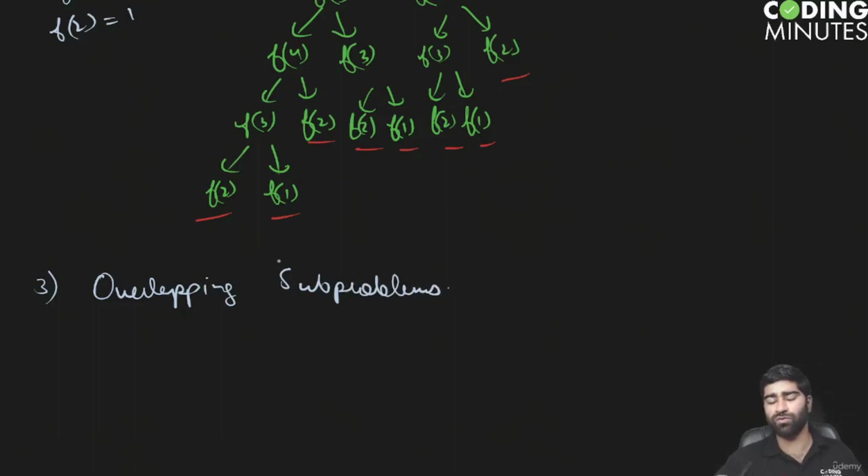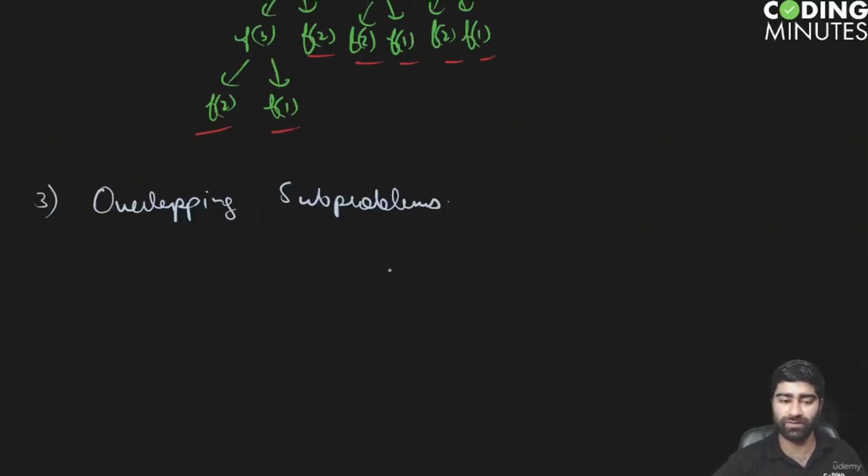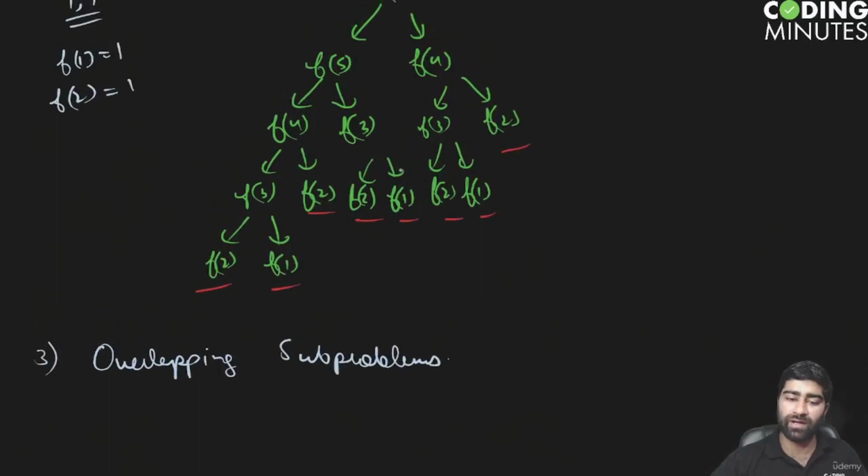So I'll just code something out and you'll understand this, do not worry. Yeah, so we have overlapping subproblems in dynamic programming. So what does overlapping subproblem mean? That if I want to calculate f of 4,